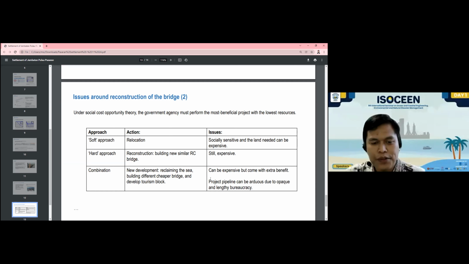But the issue of this combination approach, as we commonly face in Indonesia, is bureaucracy. The project pipeline can be arduous due to opaque and lengthy bureaucracy. This is a common problem of our government, and this can make the project pipeline lengthy, and before the people of Pulau Pasaran get the solution, the bridge can come to failure, which is the situation that is unwanted for everyone